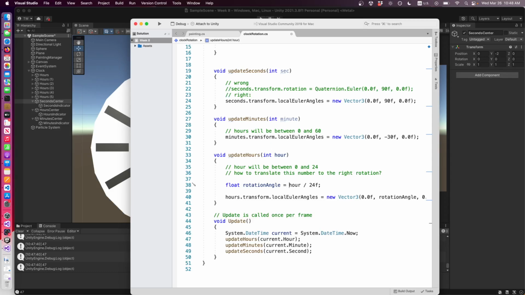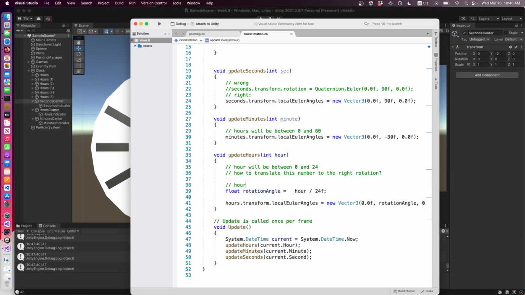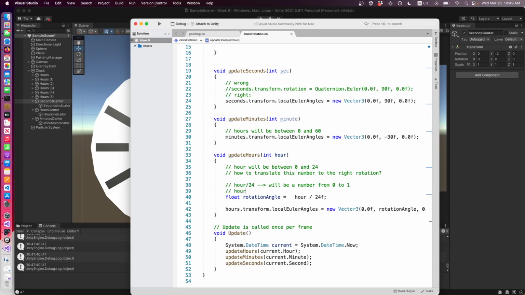So this gives me a number between 0 and 1, because it cannot be more than 24 and it starts at 0. And now if I do this times 360, that'll be a number,